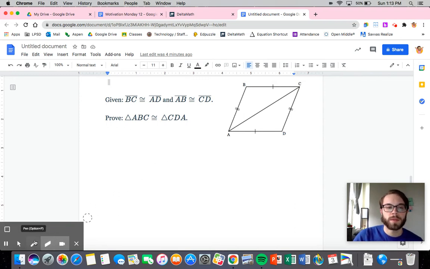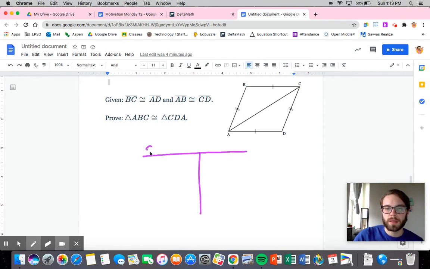Okay, so let's get started. So we'll set up our statements and our reasons. Now, again, we do know we are going to start with the given. I'm just going to write them both down here. So we have segment BC is congruent to segment AD,